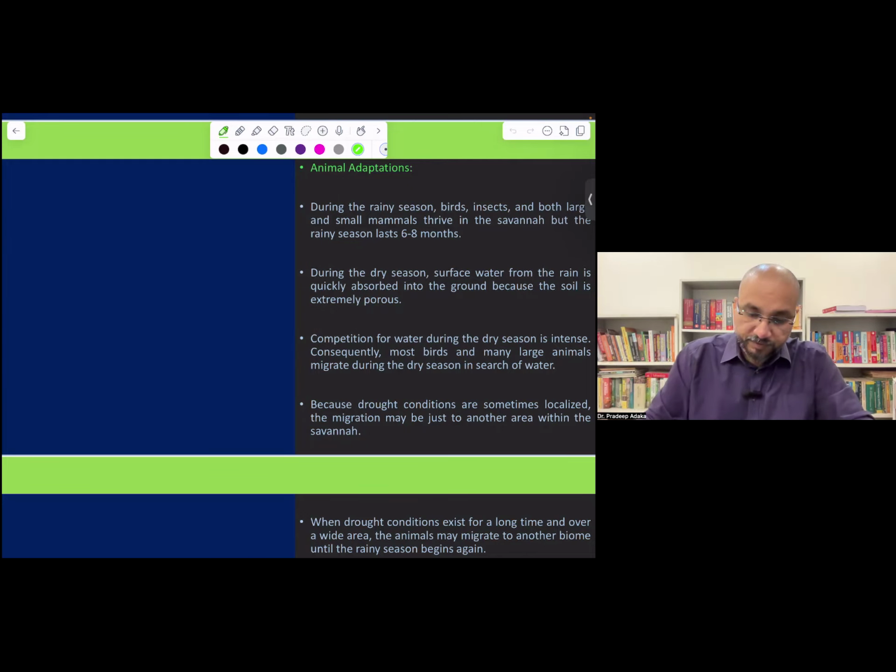Okay, so we were discussing savanna biome, tropical grassland biome, and we have seen what kind of flora and fauna are generally found in this type of biome. Okay, now moving on to adaptations. So, plant and animal, basically, you have grasses, right? So, it is dominated by grasses. Here and there, you will see a tree, generally acacia or some other species. Okay, so let us look into the animal adaptations first.